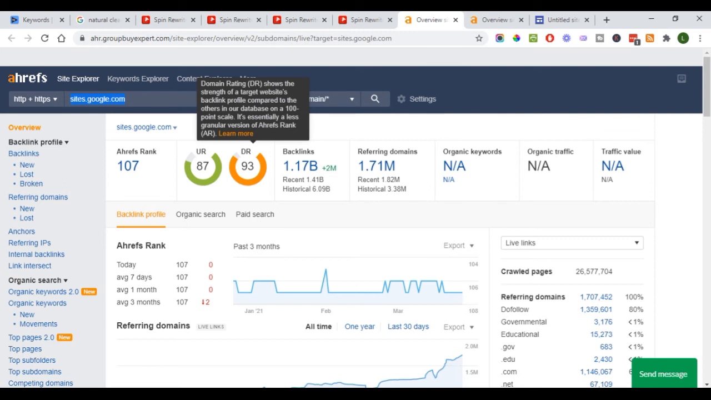You can see here, domain rating shows the strength of a target website's backlink profile compared to others. Their page ranking, which is the UR, is 87 out of 100. So this is an extremely powerful way to hijack the authority of Google websites. Put your articles on here, and you can rank straight to the top of Google. And if you think it's not ranking, look at this: